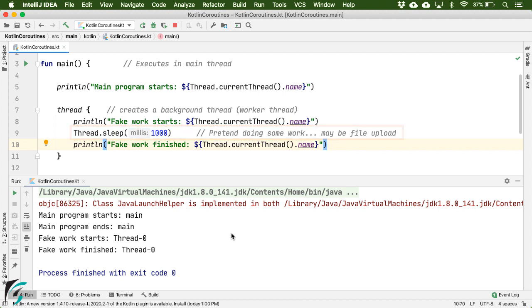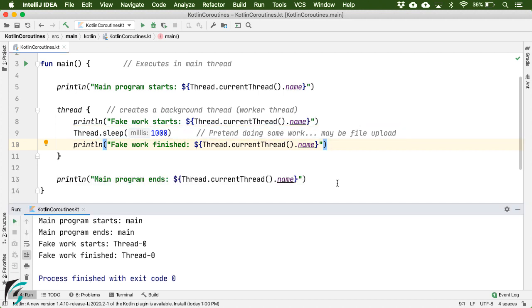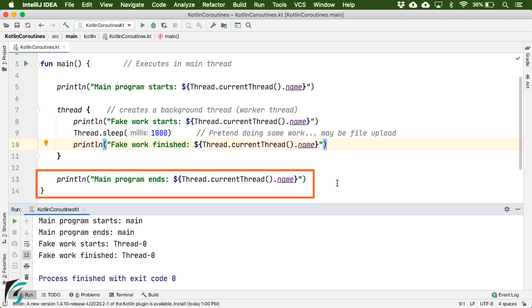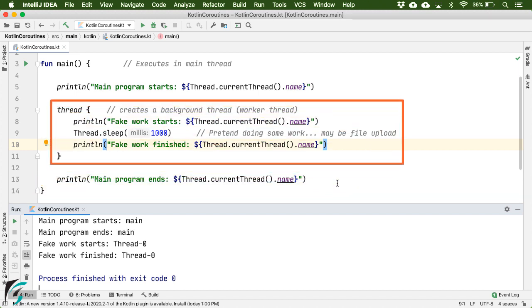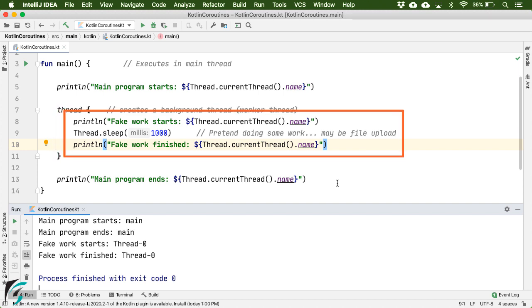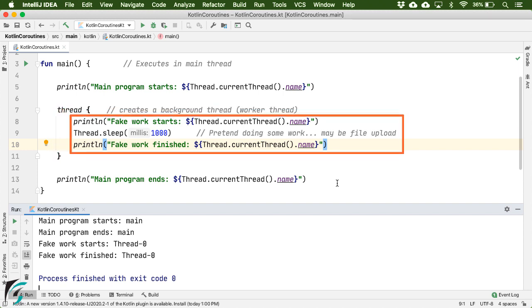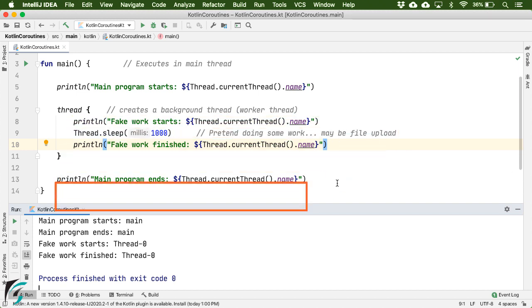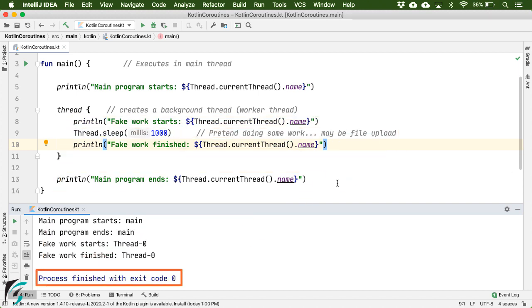Fine. Now moving on, here I want you to note one more thing. Even after the last statement in the main function was executed, the application waited for our background thread to execute and complete. And only after these three statements were executed, our application ended. For which you can find a statement here, process finished with exit code 0, which means our application ended.